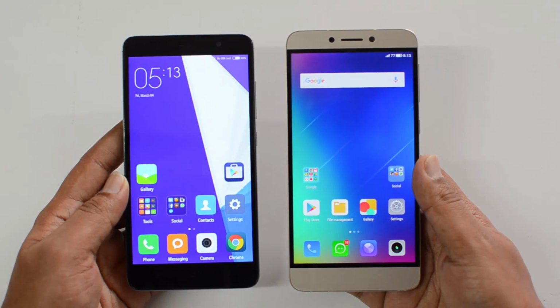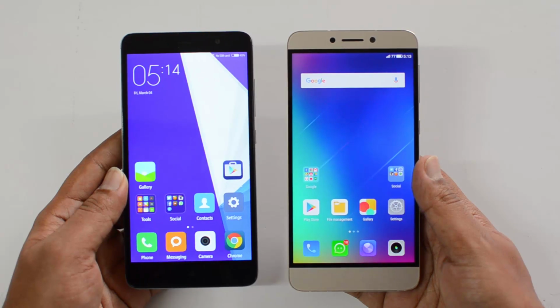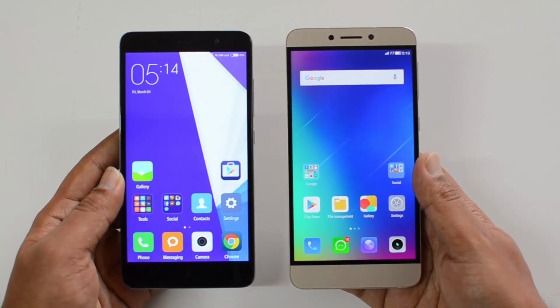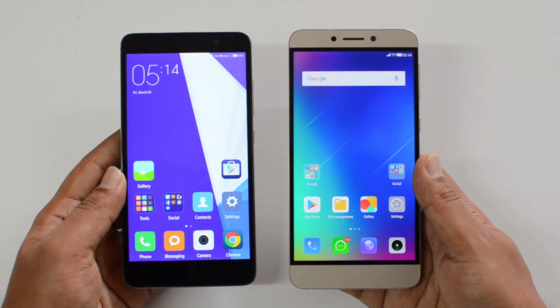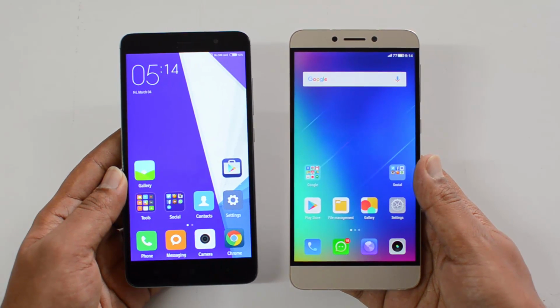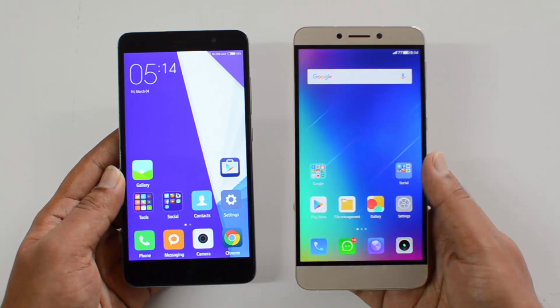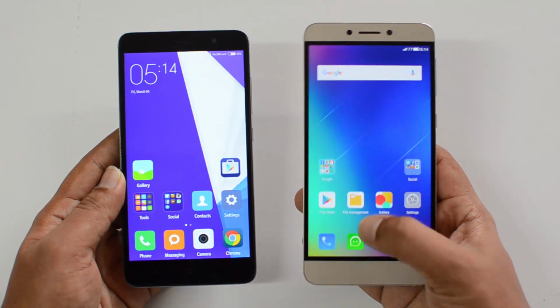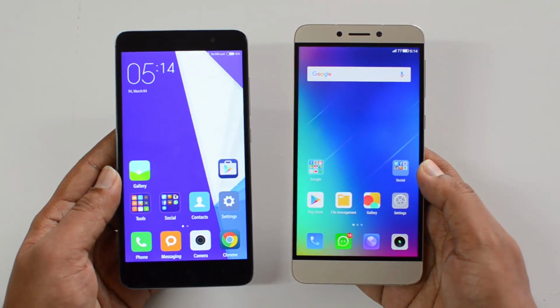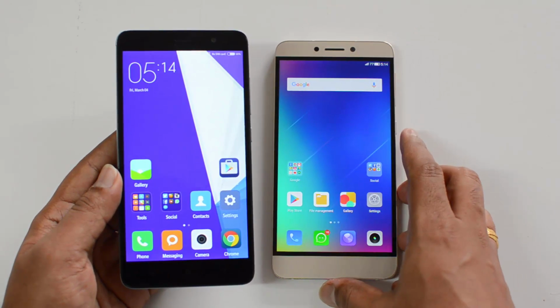Now the Snapdragon 650 is the processor included in the Xiaomi Redmi Note 3, while it's a Helio X10 octa-core chipset on the LeEco. In terms of performance, the Helio X10 is a really good performer. We have tested the LeEco and found it to be a really good performer all round, without any lag or issues. But now talking about the performance of the Redmi Note 3, the Snapdragon 650 hexa-core chipset performs really well,